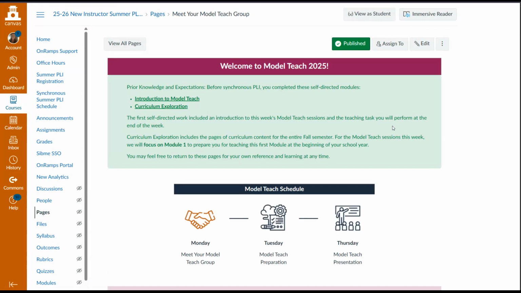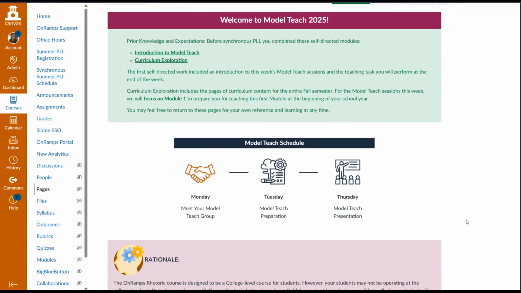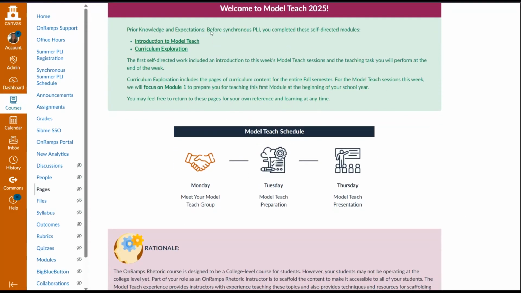And that will open this page. Welcome to Model Teach 2025. I am going to briefly go over with you what your facilitator and group mates went through on Monday in order to make sure that you are ready for the independent work time on Tuesday afternoon and for presentations on Thursday. So as you will see at the top of the page here, there is a reference to the Model